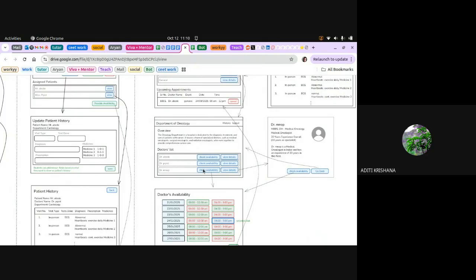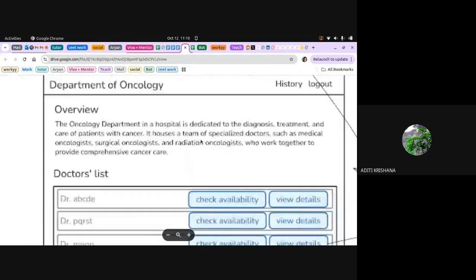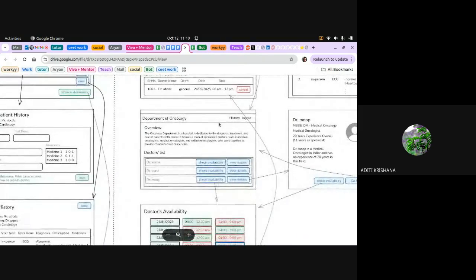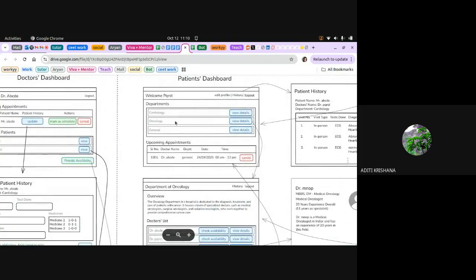In the patient dashboard, at first you will only show the department names with a view details button. Create one route for slash view details slash doctor details.